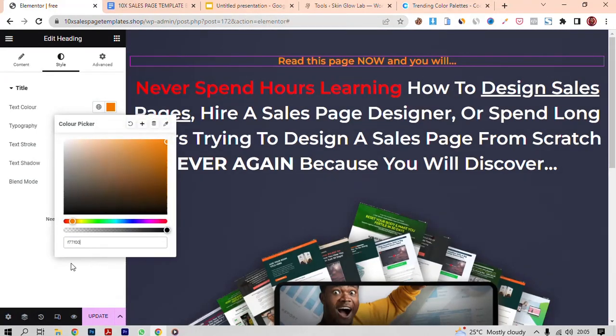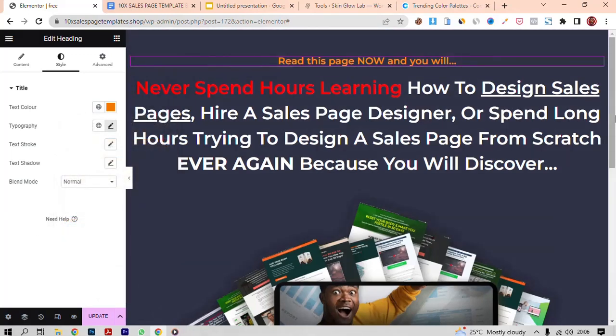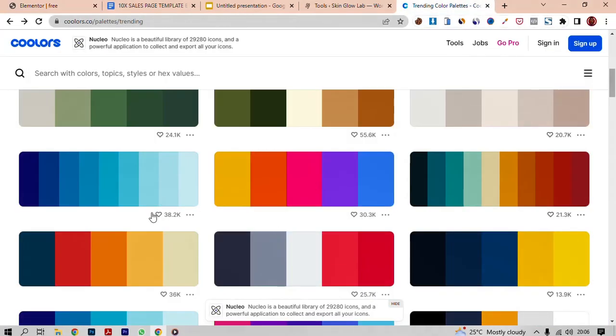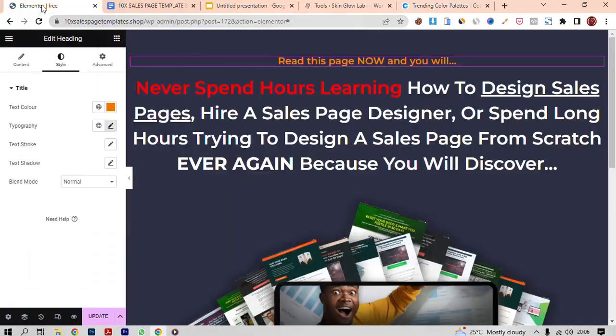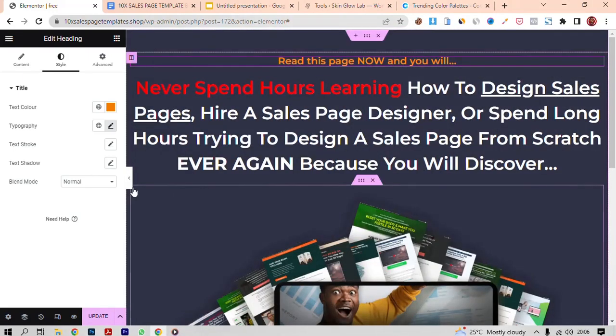Okay, so you can go with this or whatever you want. Just go ahead and use any color that you feel, and use this color palette as a guide. There are a lot of colors here and you can't go wrong with those colors. All right, so finally we've ended up designing this landing page, the hero section,